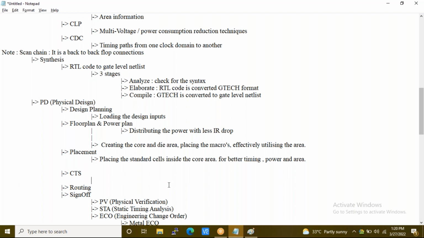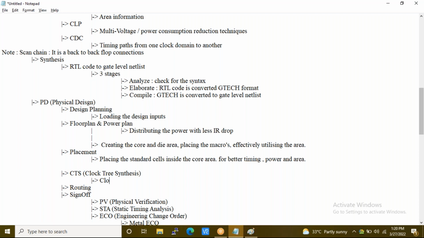Now coming back to CTS. CTS means clock tree synthesis. In this stage, we make sure that each and every sequential circuit receives the clock with less waiting time.